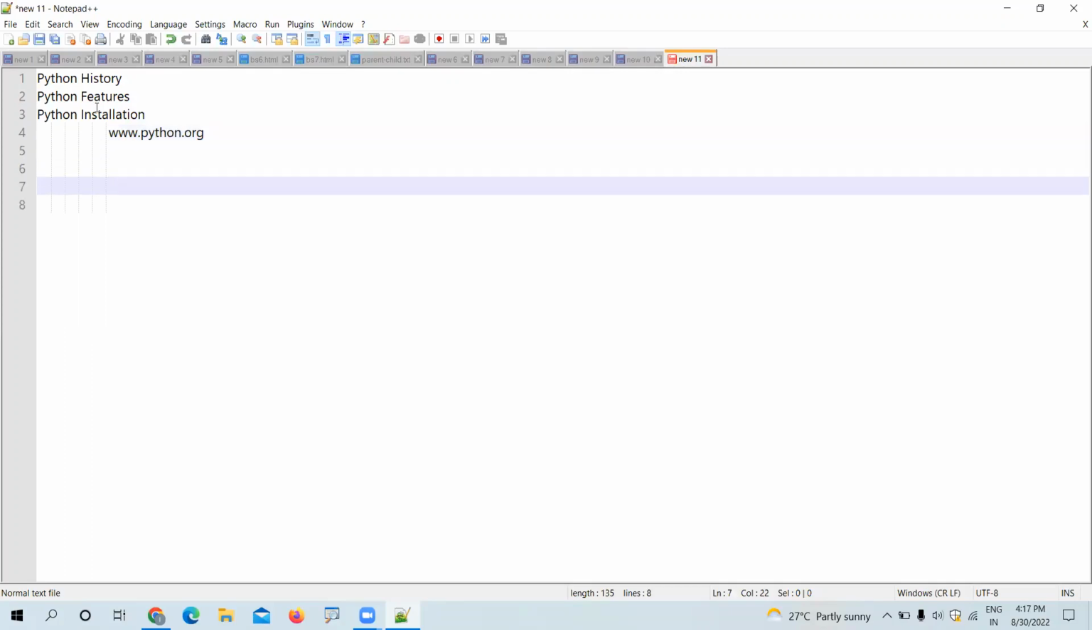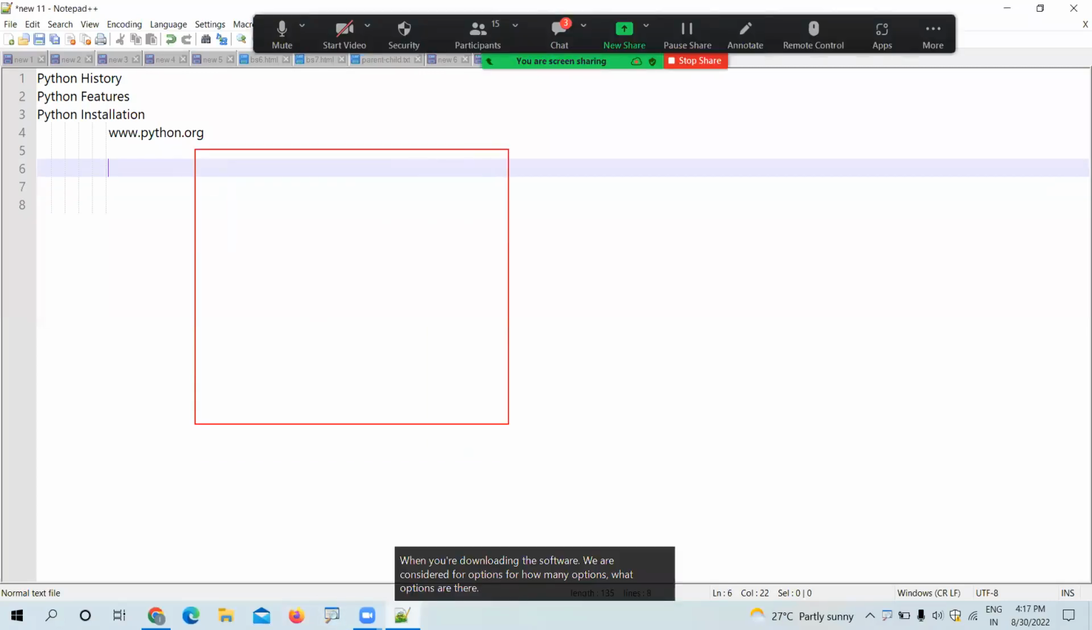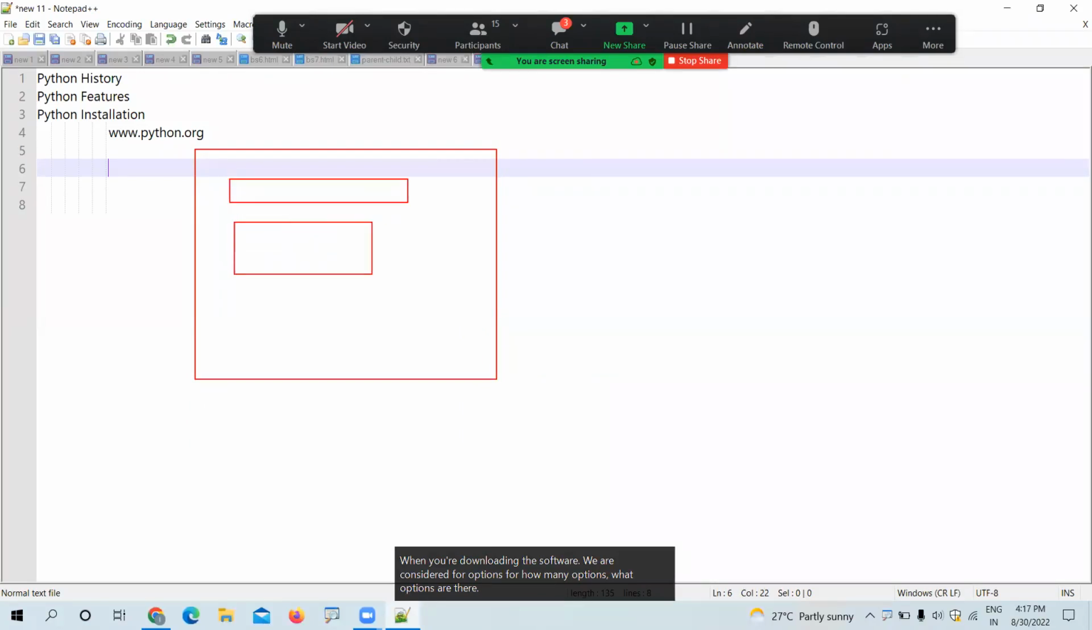When you are downloading the software, we have considered 4 options. How many options? 4 options were there on that screen. Yes or no? One is install now. Second one is customize installation, then file launcher, and next one is add to path. Among these we have chosen only customize installation. Why? Because the default location it was taking is C user something. So that is the reason I chose